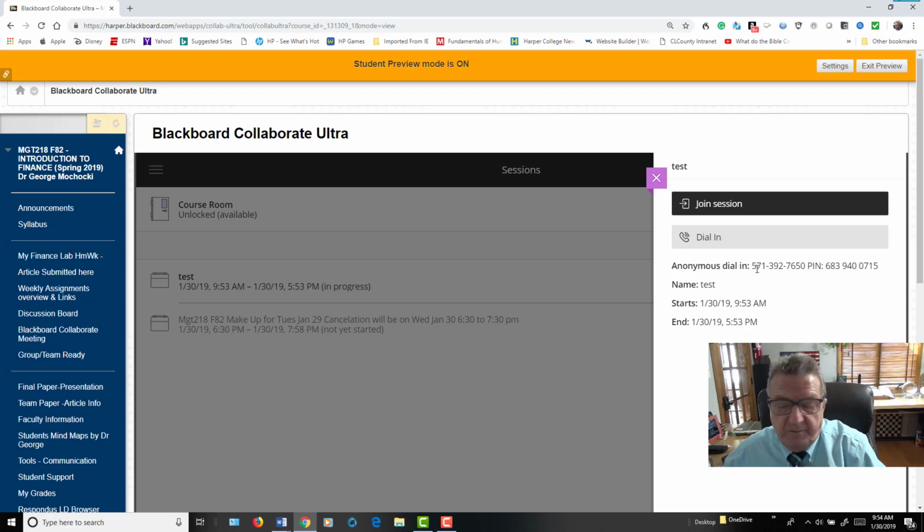It's going to be different for here. Remember, this is for the test mode. When you click in this one in here for my management one, the cancellation meeting, you have a different number there. It'll be the same number, just with a different pin. So you'll write down the number, and then you'll put in the pin number, and then what you basically do,